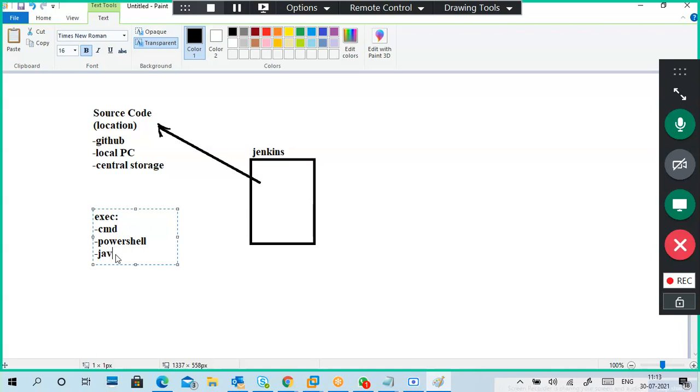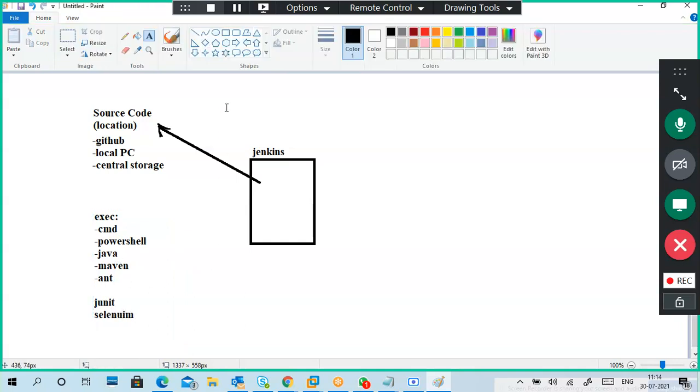Maybe it is Java related, maybe it is Maven or Ant, or testing related. Just for example, I'm writing testing related. Maybe it is JUnit or Selenium. Okay, so testing related. Do you want to execute it or test it like that? So you have to send that code into that one.